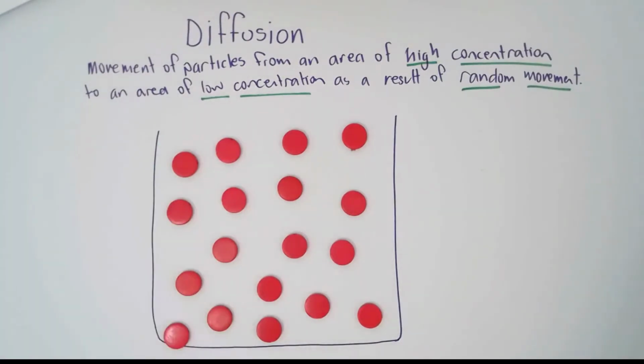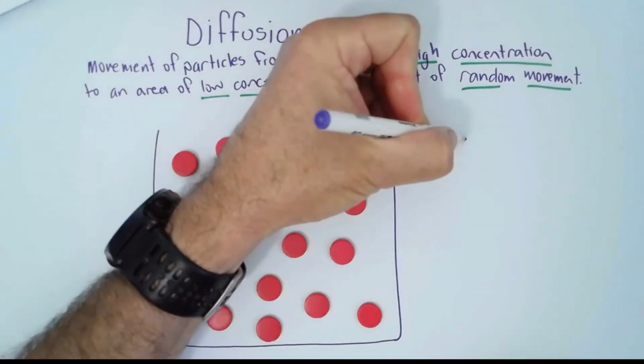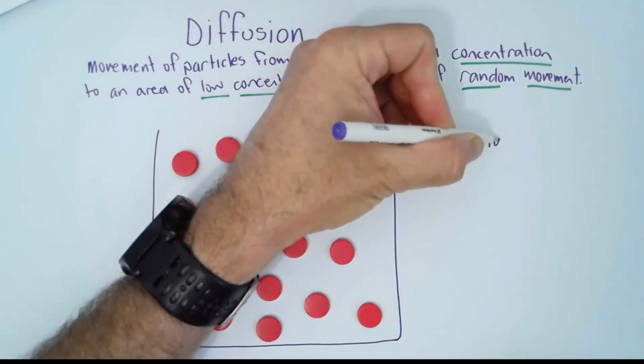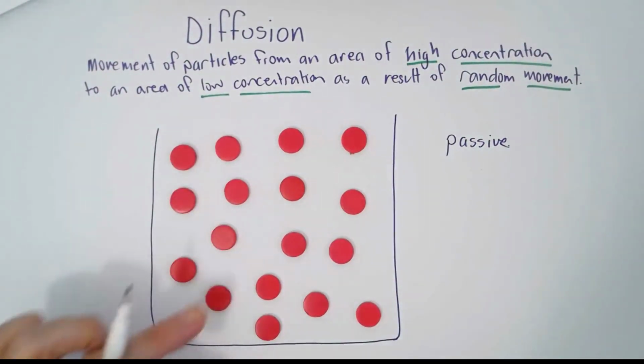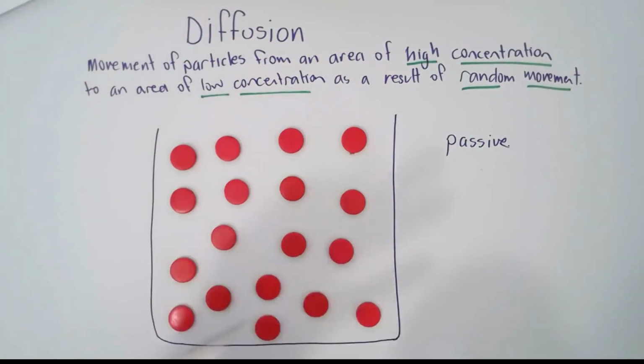So that's what diffusion is. It's the movement of particles from an area of high concentration to an area of low concentration through random movement. Throw in one more word for you. The process is passive. That means it does not require any energy. It just happens naturally because particles are always